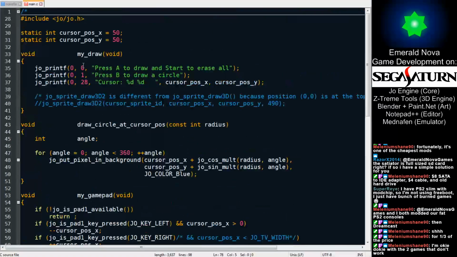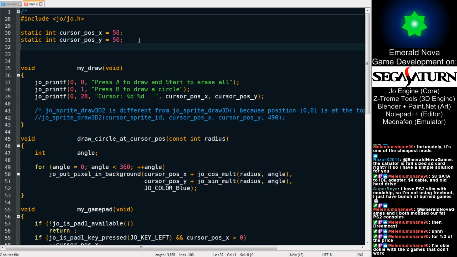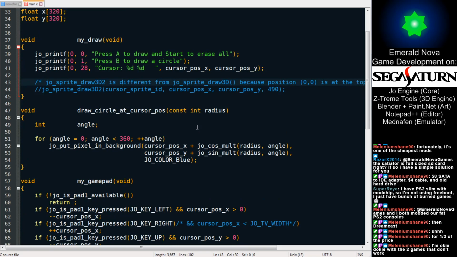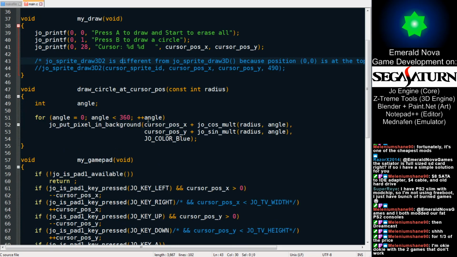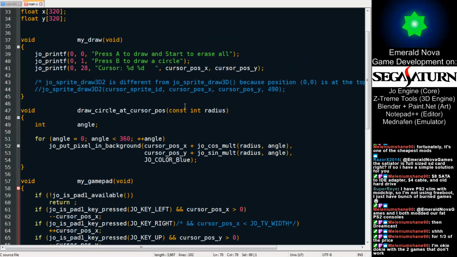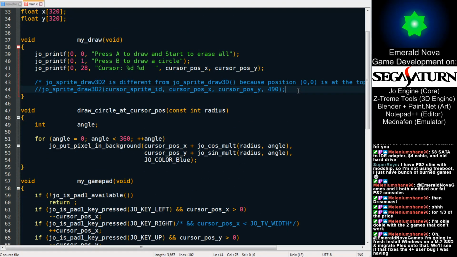Let's move these declarations up out here so that I can use them in the draw command. So we're going to put a pixel in the background. This is a built-in Joe command that I can now use. What I need to do is round the floating point down to